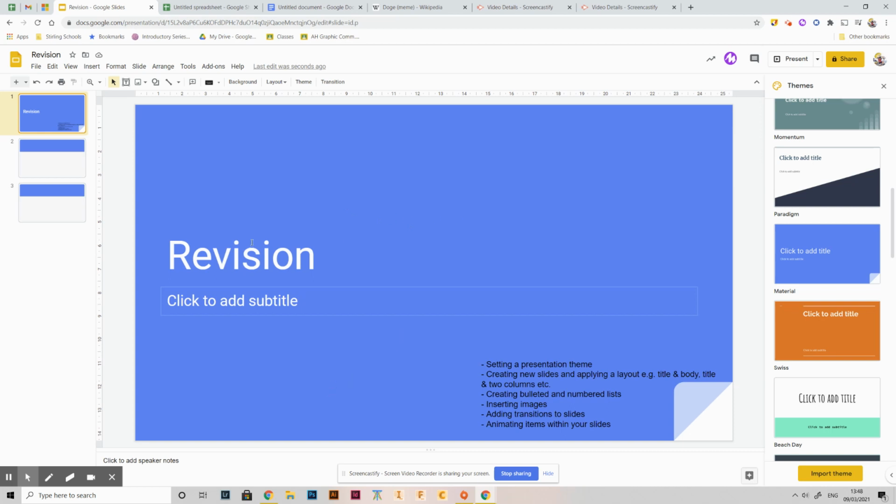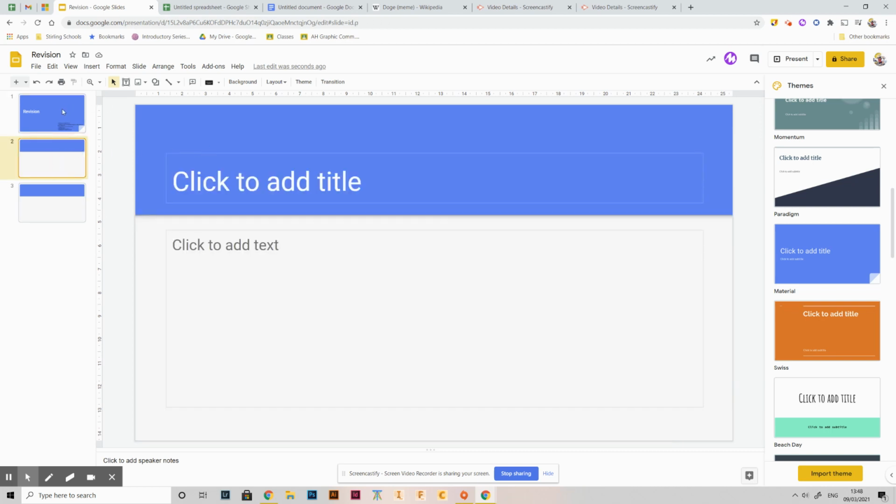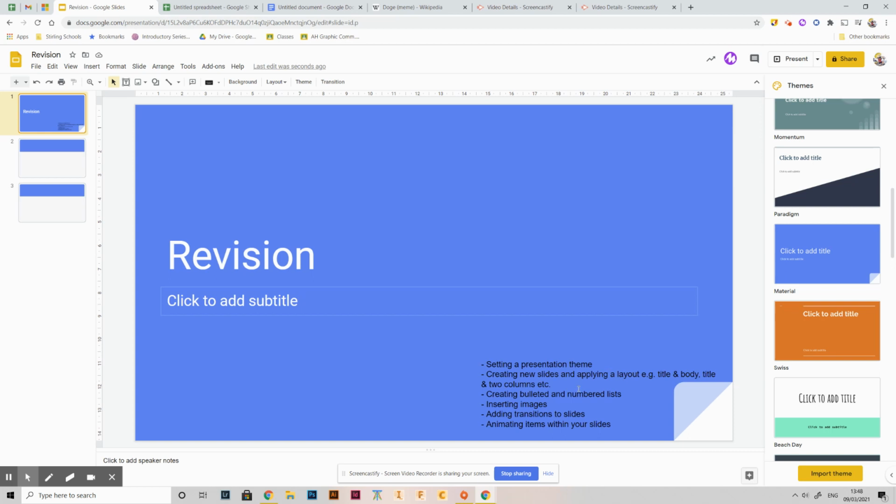Now, the next thing I was going to talk about is the way that we set up the actual content. If we have different content, we might want our slides to be laid out in different ways. And it's better, if possible, to use the standard templates to do that than to make your own text boxes and move them all about, because basically when you change themes, it can kind of mess it all up. So just from a point of view of keeping your consistent formatting, it's better if you can,